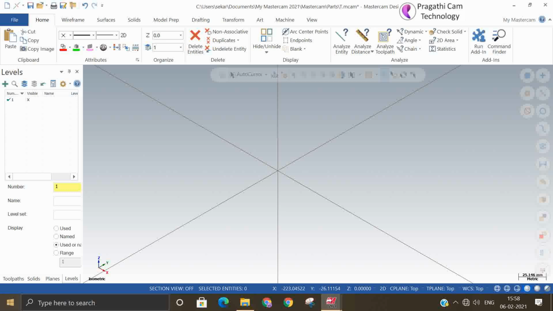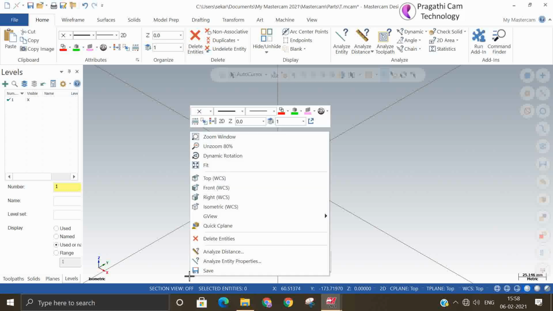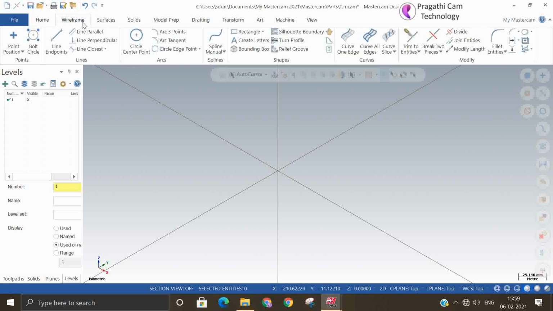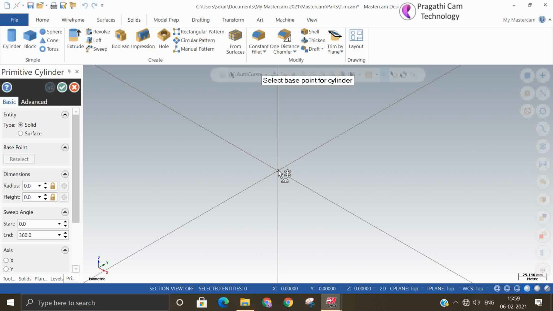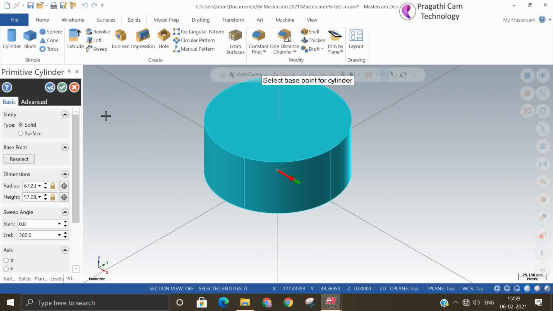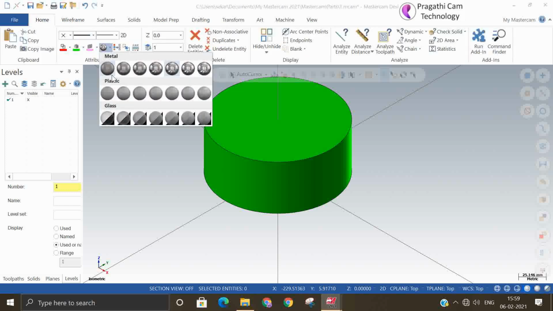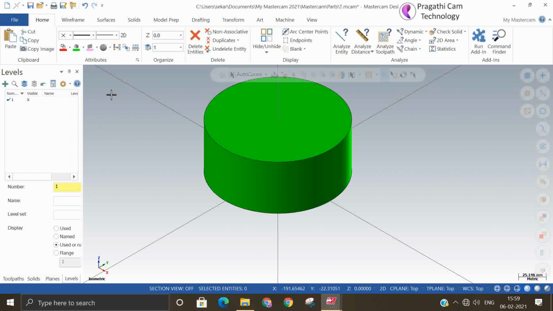Other than this, all the shadings are also available. It is too early to explain the shading here, but during modeling time this is very useful. It shows mostly the appearance of the product. Suppose, for example, I make one cylinder. Now I just want to change my shading. You can see here how the plastic looks.